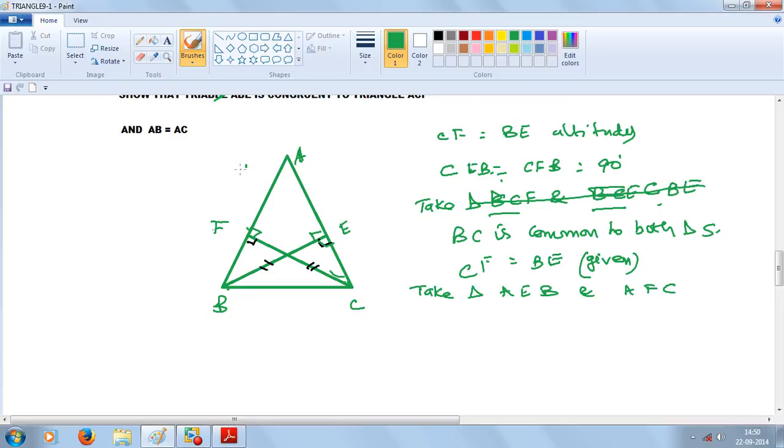In this, we'll use the angle properties. Angle A is common for these two triangles. One more, angle F is equal to angle E is equal to 90 degrees. So the third angle also is equal. And CF is equal to BE, given. So by the ASA congruent rule,